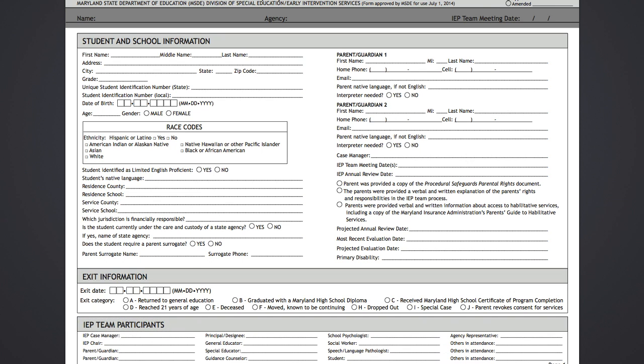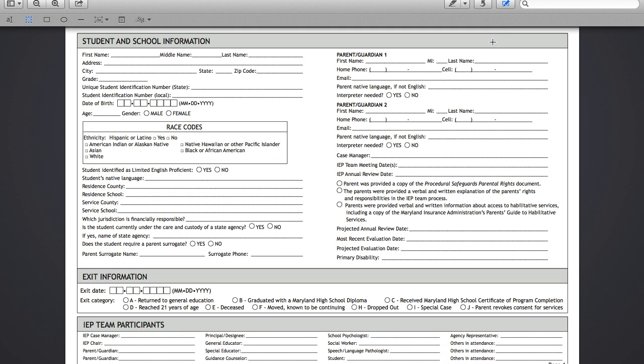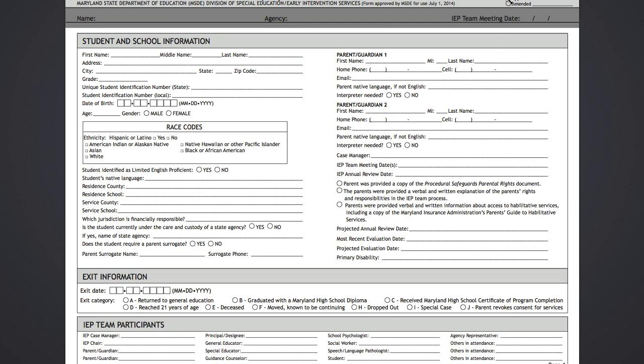If you take a look at the top right-hand portion of the IEP, you'll notice that each IEP document may have one of 3 statuses or 3 options to identify the document. The first of these options is a draft. A draft is a proposed program for development, review, or revision by the IEP team at the IEP team meeting. And so it is just that. It is a draft. It is a proposed version